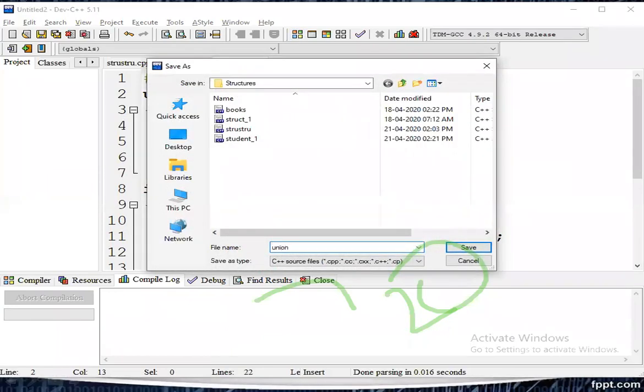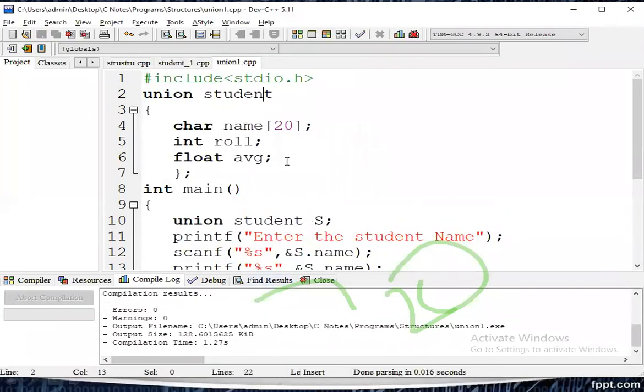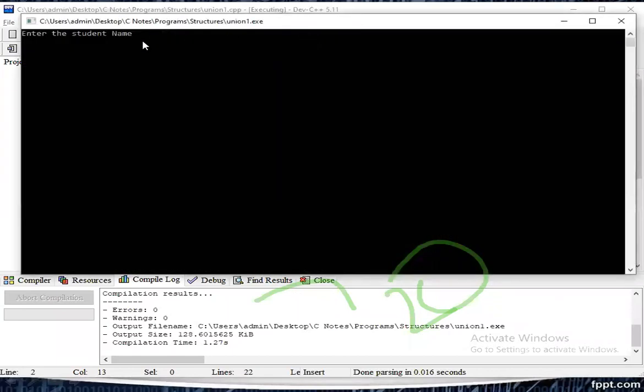Union. Okay, no more errors. Next, enter student name Kumar. That is printed. Kumar is printed. Okay. Next, enter the student roll number. That is 201.